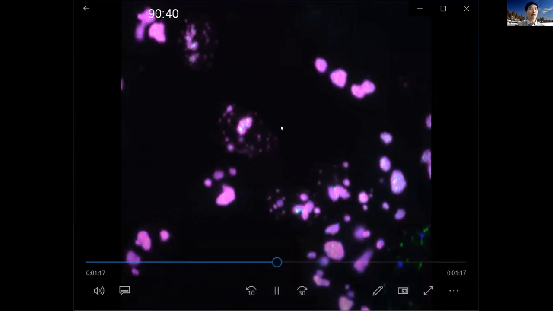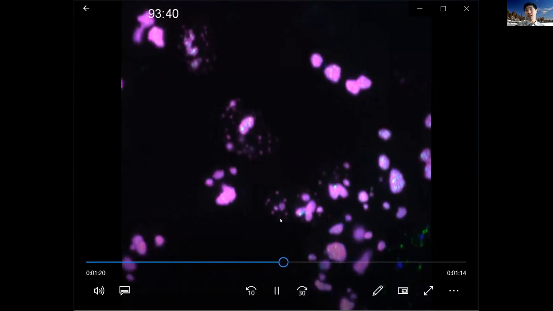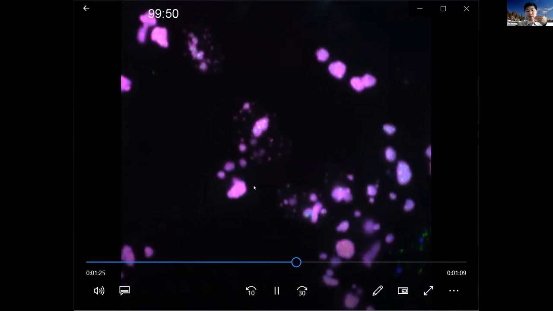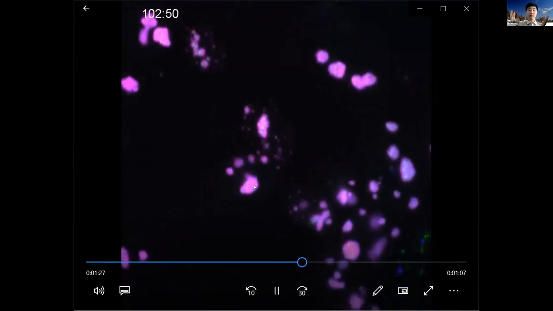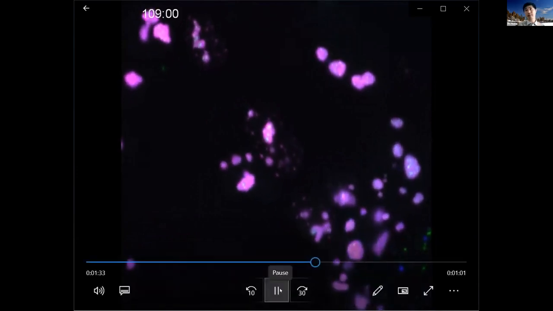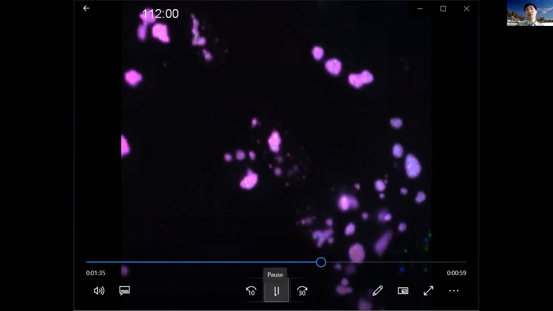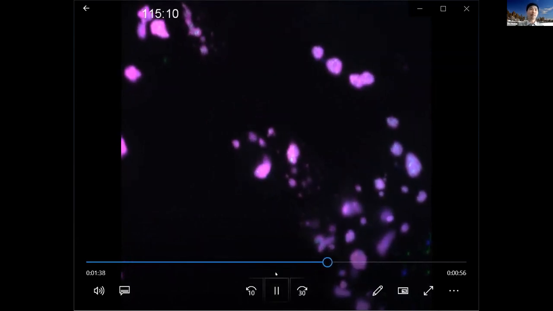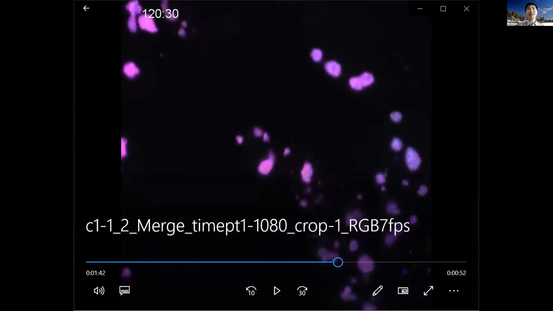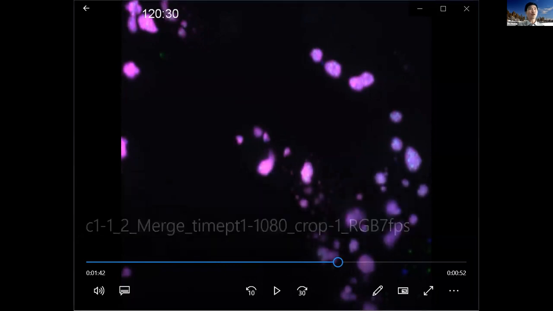We're working with a number of physicists building up a quantitative model of this whole process of nucleoli decondensation and recondensation, hoping to understand the mechanism of how the phase separation helps nucleoli get together and organize the cell. So that is the movie. You can see it's at 120 minutes now, 2 hours in the movie. It's a very large data set